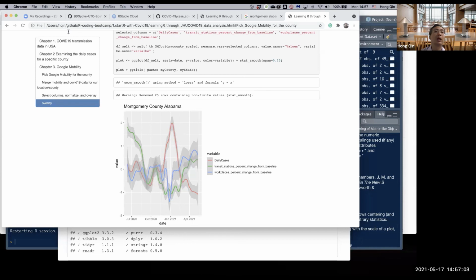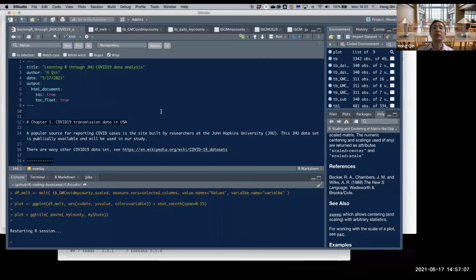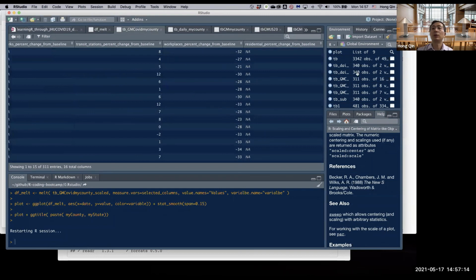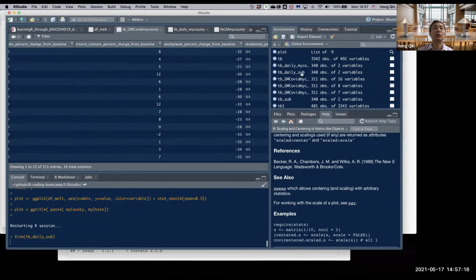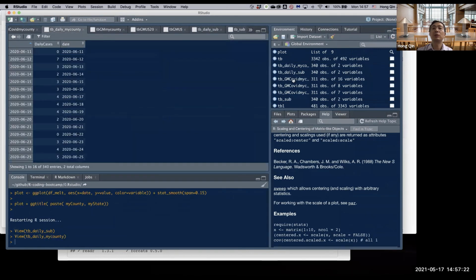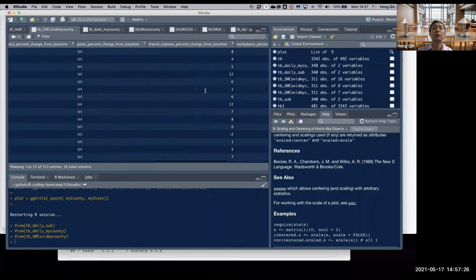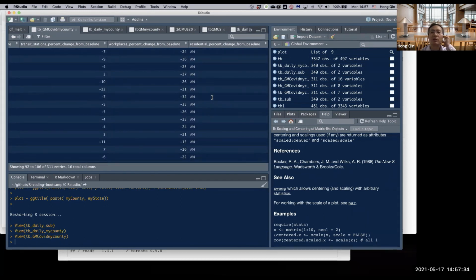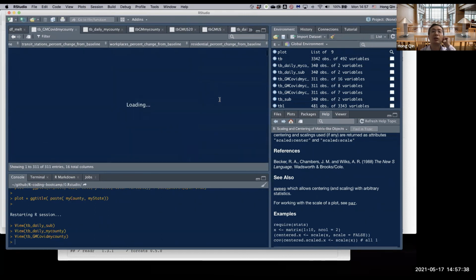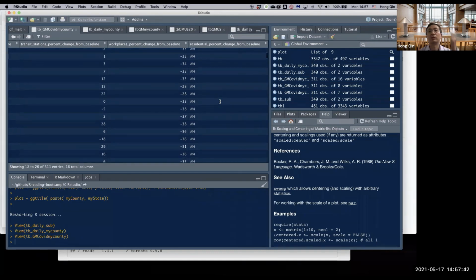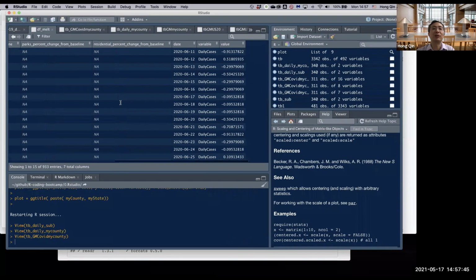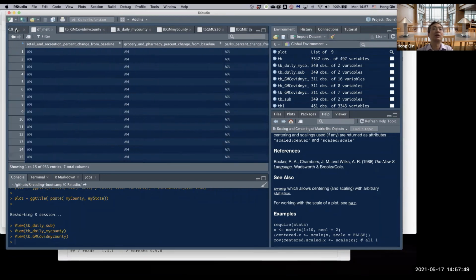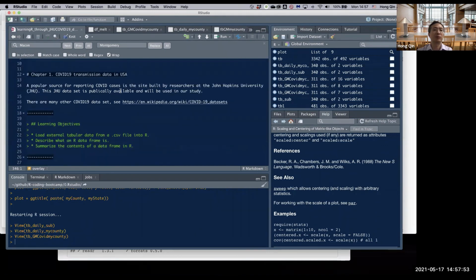And the trend, actually, since now we are in Montgomery County, we can add the residential. Let me see where the residential is. That's the daily cases. Residential is also not available. I don't know. I thought for Montgomery, because it's a large city, we could see the residential. Apparently, still not. Well, okay. But that's what the Google report is. Apparently, Google just doesn't have the residential data, even for Montgomery in Alabama. Well, that's what the data is. If the data doesn't have it, this